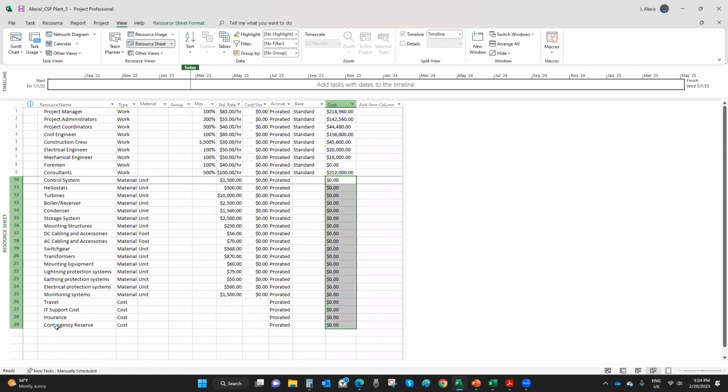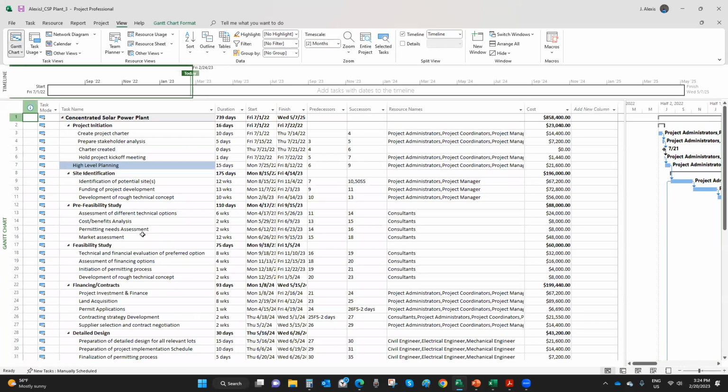And I didn't apply contingency reserve yet. That's why it has 0 cost. So these are the resources that I've used so far. I didn't use my control system, my resource material. I haven't used any of them yet. So for contingency reserve, you can decide, take a look at your project from the Gantt chart view, click on view and click on Gantt chart